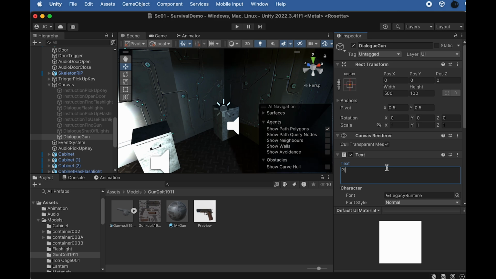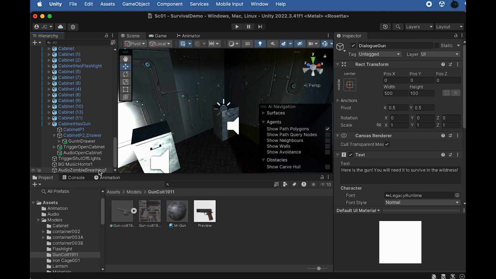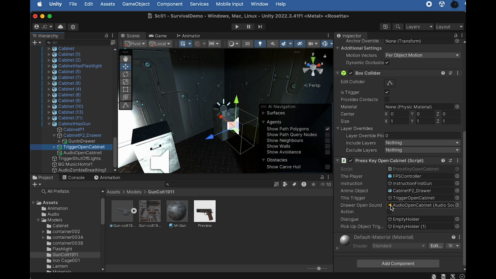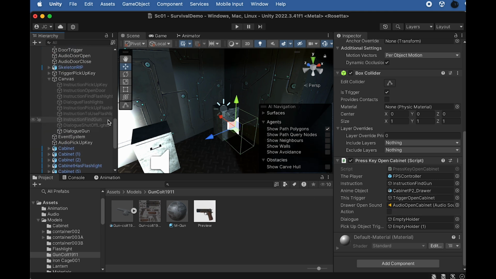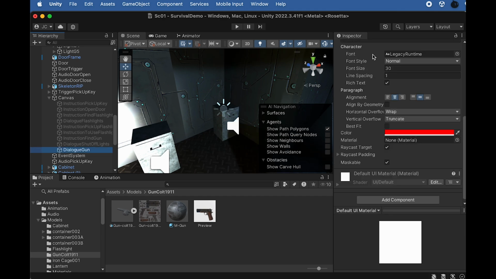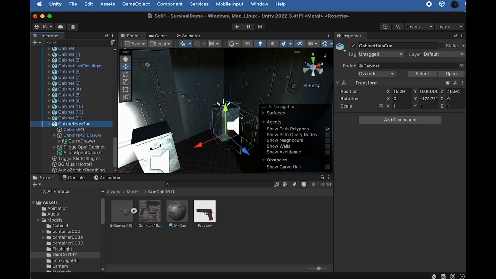Okay, so that's it. And then we're going to trigger open cabinet. Yes, trigger open cabinet, and we're going to plug in here, so that will be the dialog. Okay, so now let me turn it off. Okay, so now after we open the drawer that has the gun, we will give the player an option to